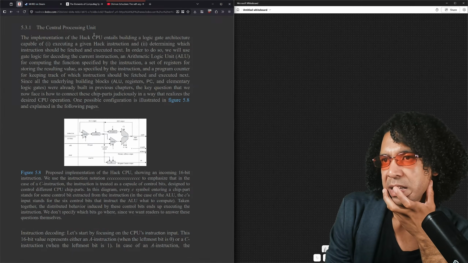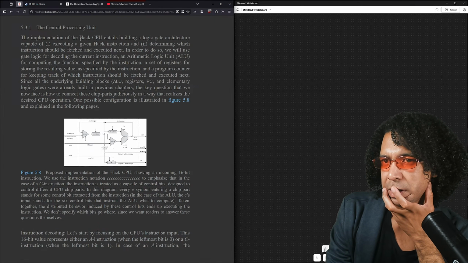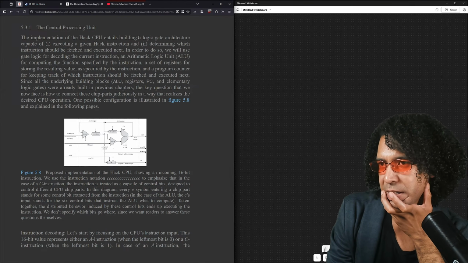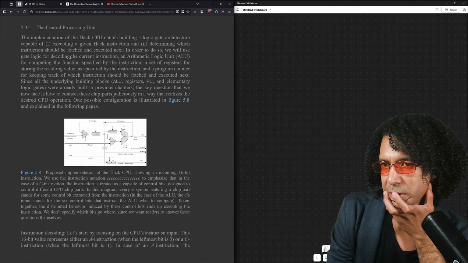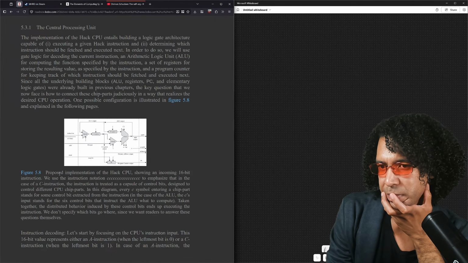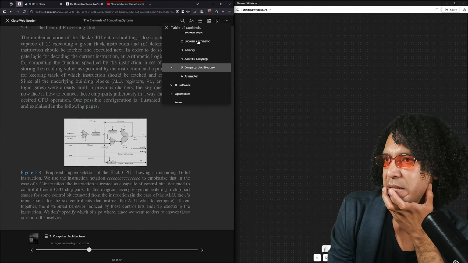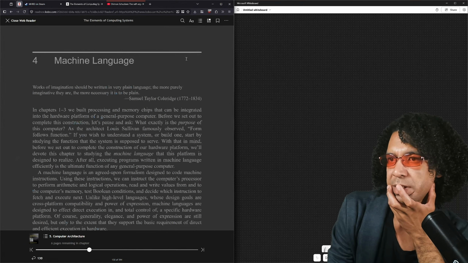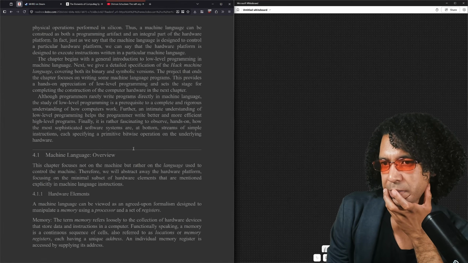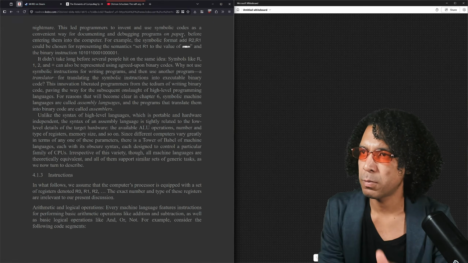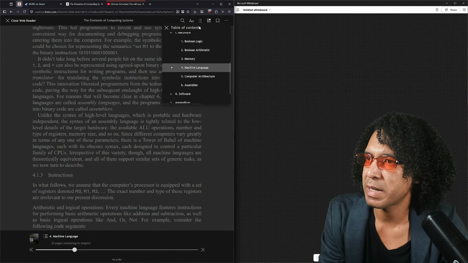The implementation of the hack CPU entails building a logic gate architecture capable of executing. Yeah, so we're not doing logic gates. I think actually that here, machine language, is in a different chapter. Well, actually, let me just check again because I think there was something in there I wanted to see. Chapter 5,